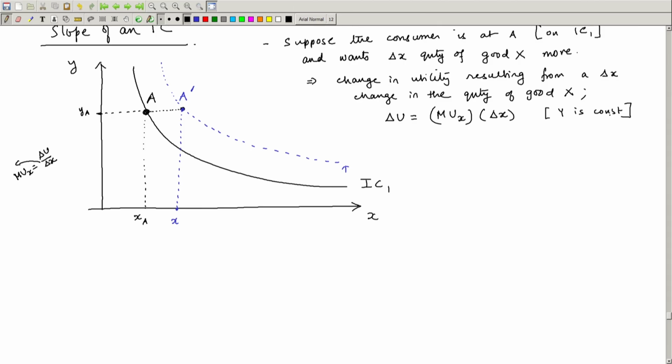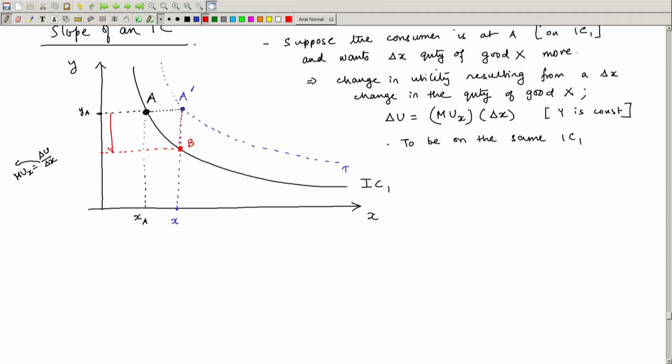Okay. But my objective is not to take the consumer to a higher level of utility. I want to compute the slope at the point A, right. I want to draw the tangent and get the slope. So, to be on the same indifference curve, what do I need to do? I need to take away, so from A prime, I need to take away this much quantity